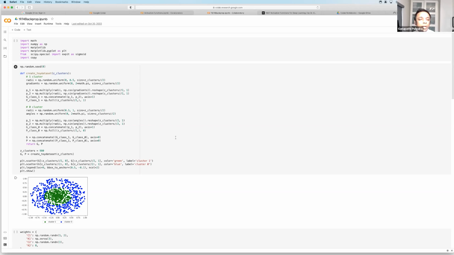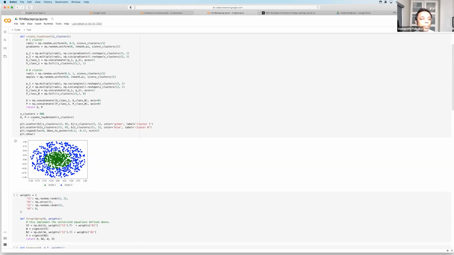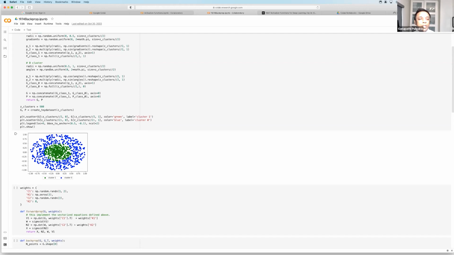I'm creating a simple toy data set, adding a cluster here, and assigning some random values to this. I'm taking a cluster 1 and another cluster, and creating a toy data set here. When I print it out, it shows what we have in terms of cluster 1 and cluster 2 that I just created. So that's what we have.